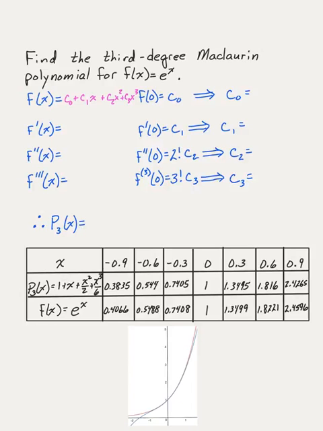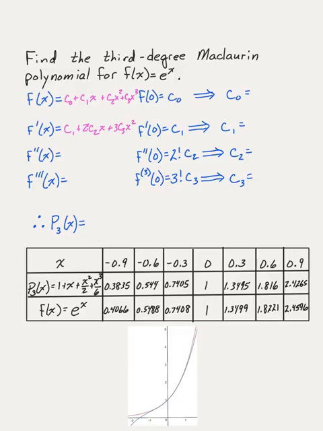The next one would be the first derivative, and that would be c sub 1 plus 2 c sub 2 x, and this is 2 factorial, remember,